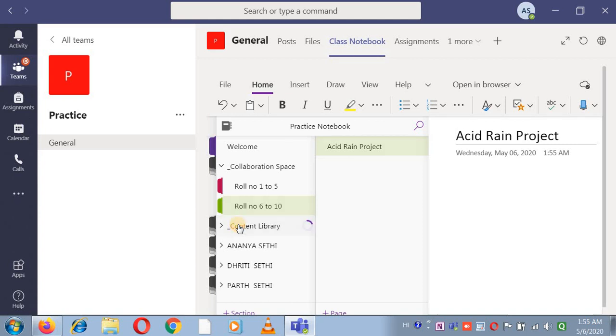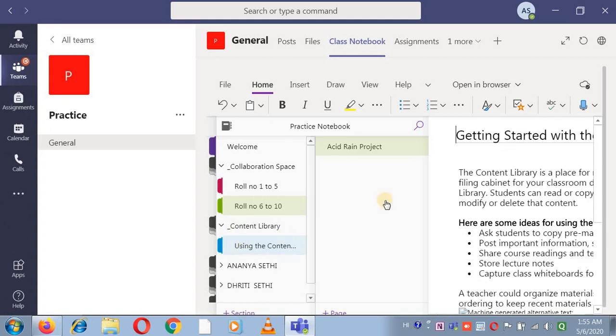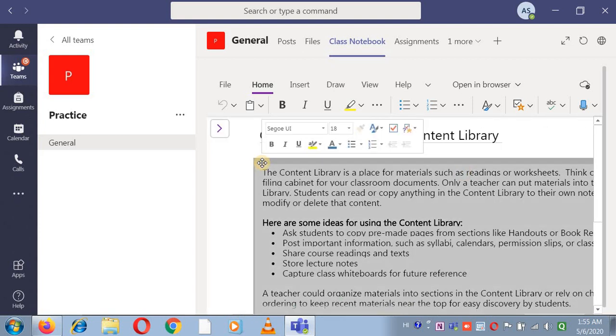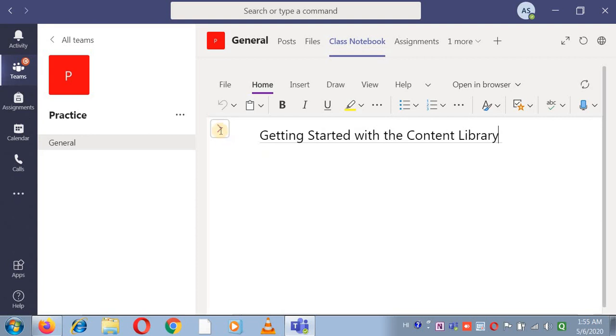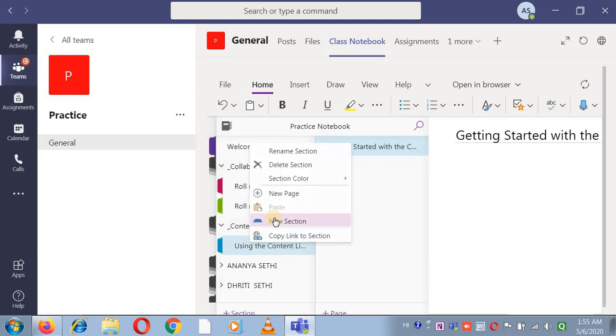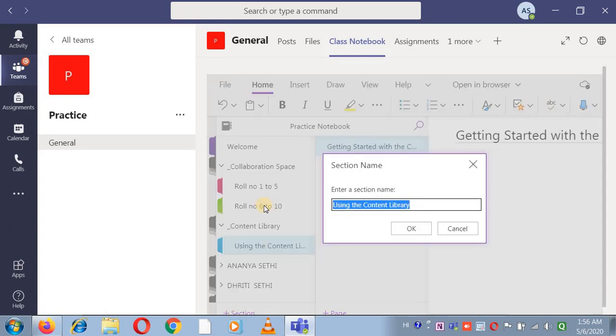Here's the content library. It is again coming with a default page. I don't need this part, so I'll delete this page from here. And I'll make this section as chapter wise assignment.